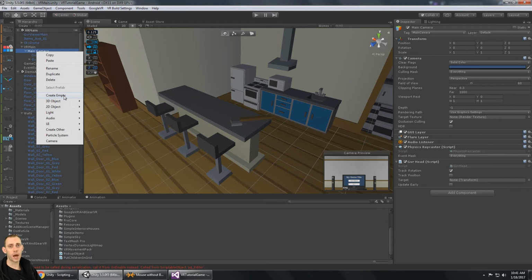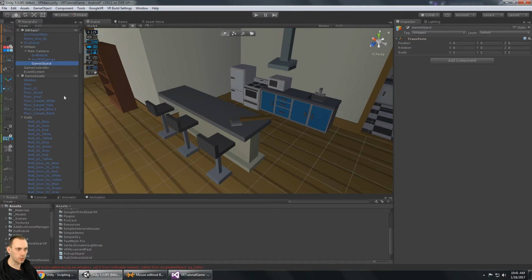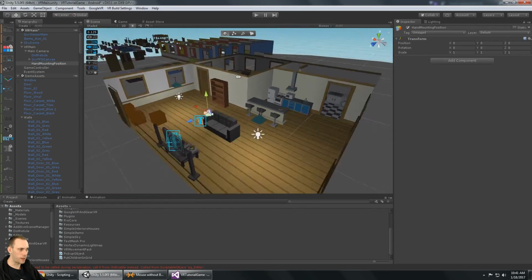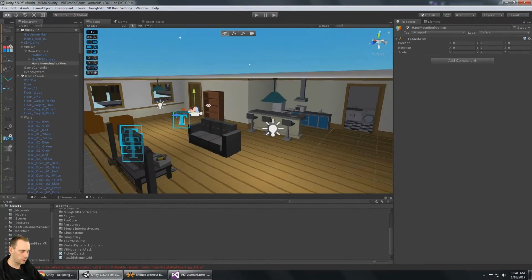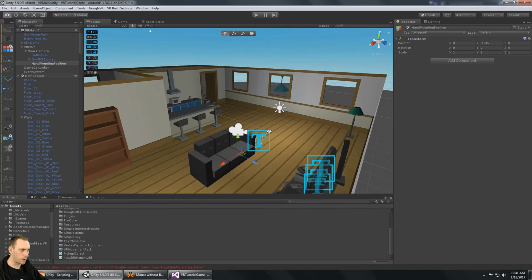If we add a VR body, so it has an avatar, this game object probably will be moved to the avatar's hand, which is on a separate game object. But for now, let's just make a game object. I'm going to call it hand mount. Hand mounting position, and that's the default spot where something is going to get attached